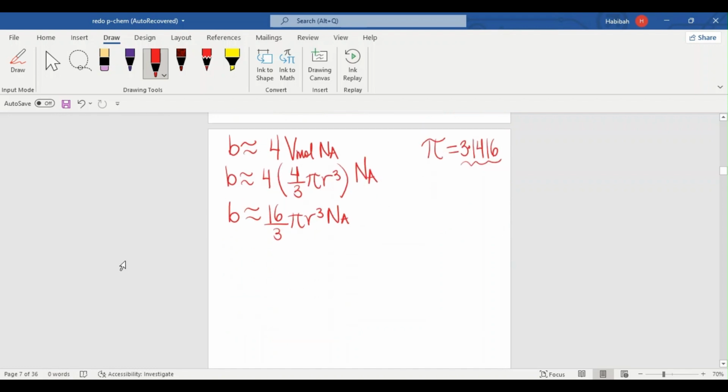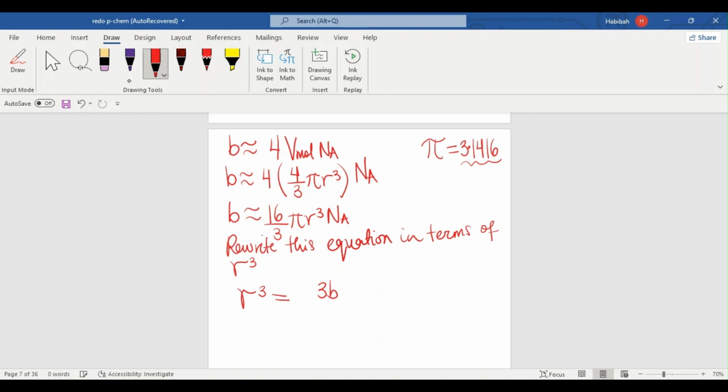And next I would be rewriting this equation. So let's rewrite this equation in terms of r cubed, in order for us to focus on solving for r itself. So rewriting this equation in terms of r cubed, we have r cubed equals 3b